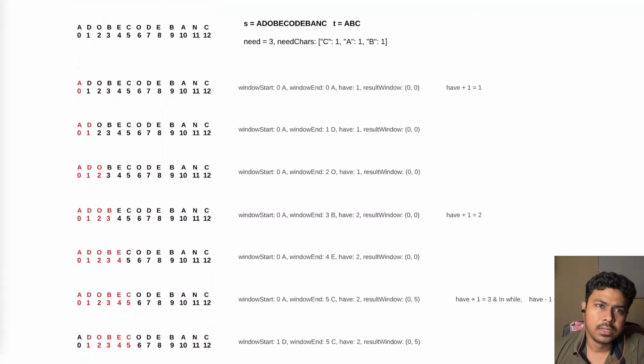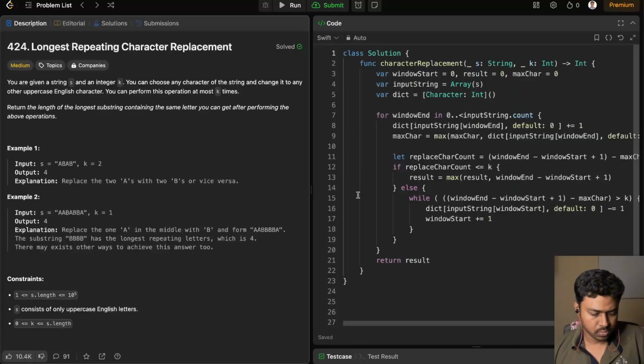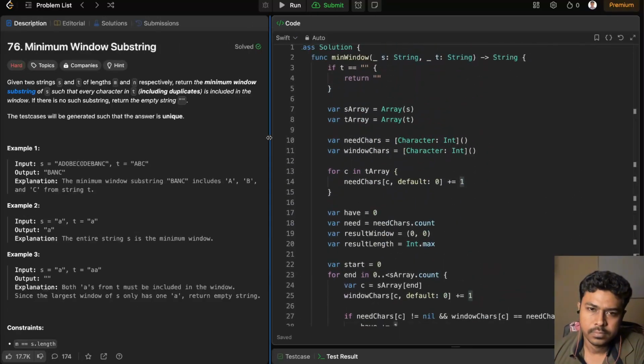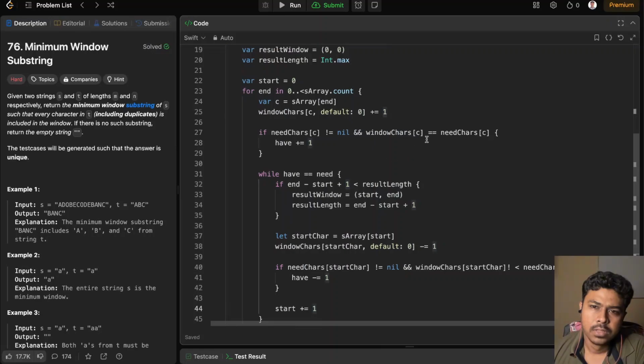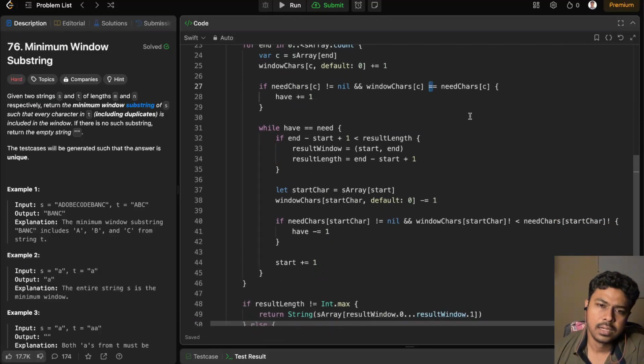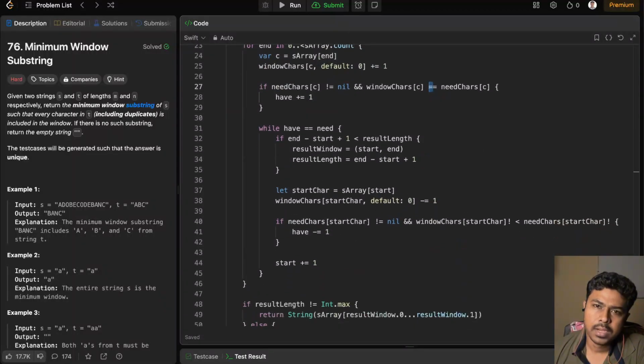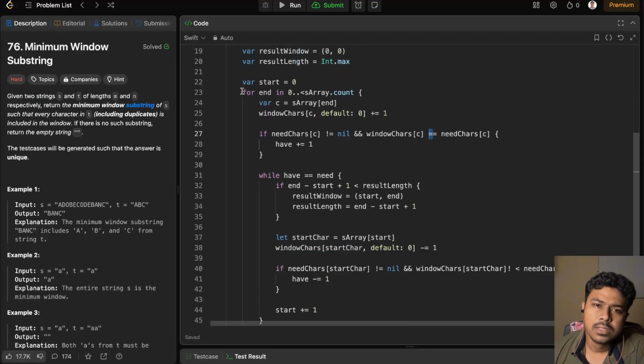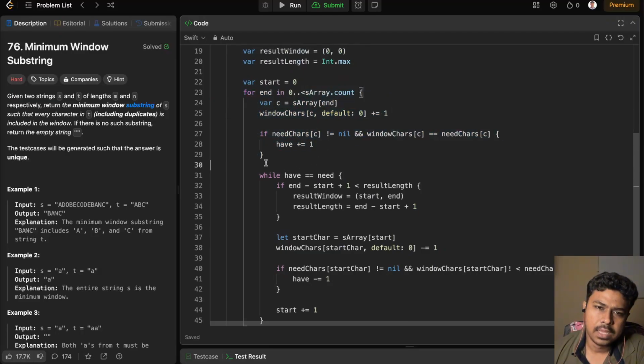The main thing I'm saying with this code is that you should not have a greater-than condition while you are trying to calculate have. You might think that window characters can have more than the needed characters, but that will break the logic. So make sure you don't have a condition like that. And as you see, another confusing point might be this. And this is the main thing: the for loop will be there, and once the condition is satisfied, then try